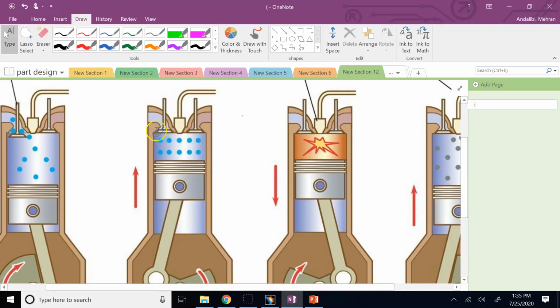And if the surface of the top of the valve or this part of the engine block is not smooth, when you have the explosion and you have a lot of pressure, if these are not sealed here, or if the rings of the piston with the body of the cylinder are not forming a good gap, sealing the gap very well, what happens? Before this can apply pressure and bring the piston down, a lot of it will be lost through these small holes. So here you need a really good surface for the top portion of the valve, right? So that's why